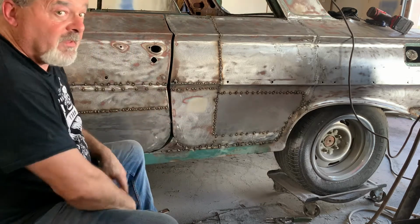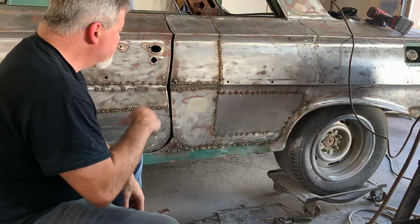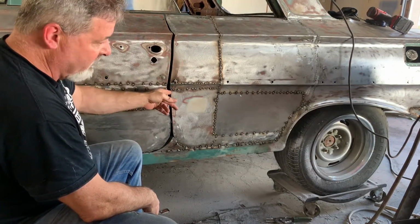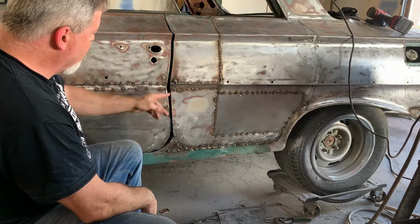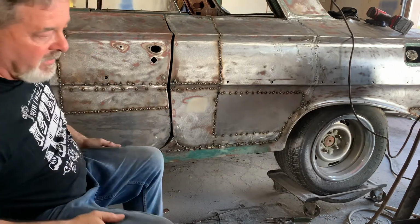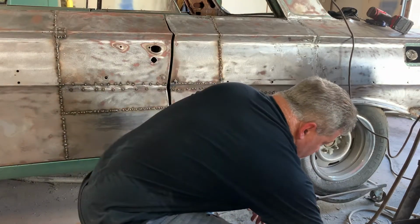So there's a couple of things I want to go through and show you how I did. One of them is welding this rod on to fill this gap here. And another thing is filling these larger holes. So I'm going to go ahead and show you how I do that. And I got some